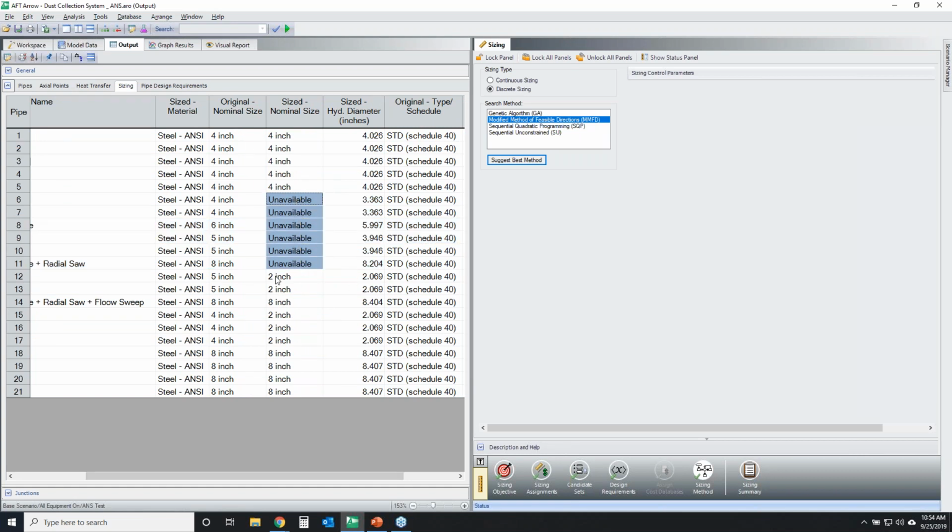What this means is that it found a hydraulic diameter that would be able to meet the design requirements, but I did not have a nominal size in my candidate sets that was close enough to meet the hydraulic diameter. So that's why it's telling me this is what the sized hydraulic diameter would be, but it was not able to find an appropriate candidate set pipe that met that operation. And then finally,